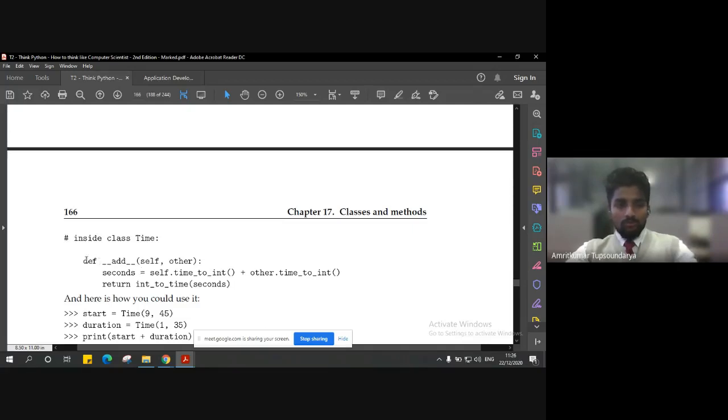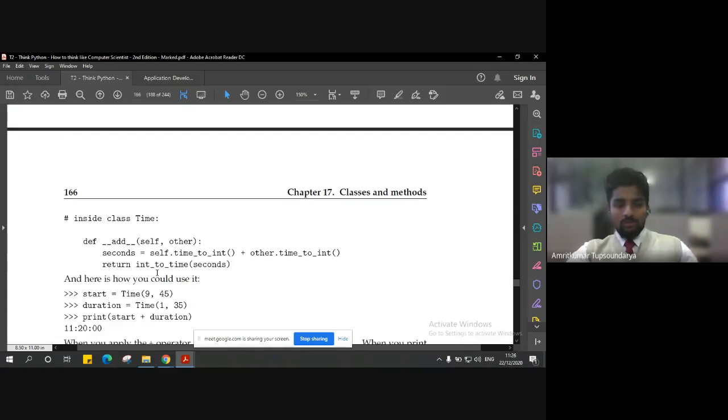So when we define this add method, which is nothing but adding two timings, a simple addition of two timings, but using the + operator, there are a lot of things that will be happening in the background. It might look simple at the front, but a lot of processing, that is indirect computations, is happening in the background.